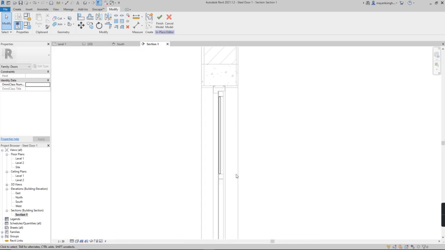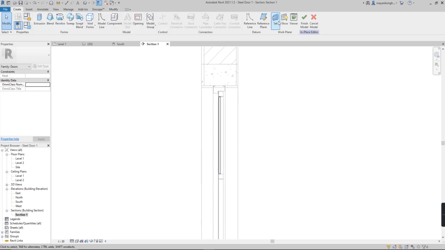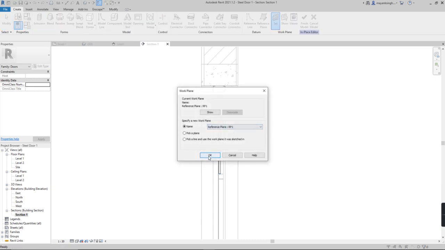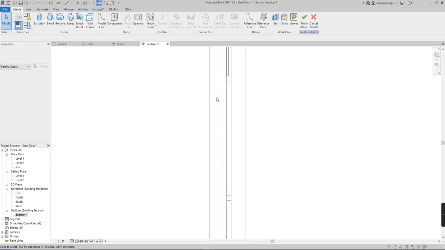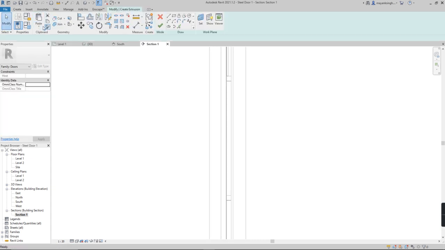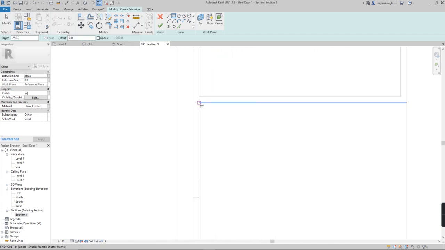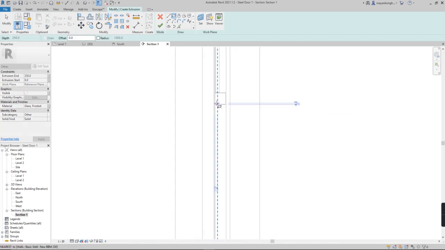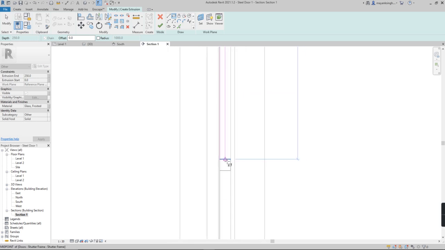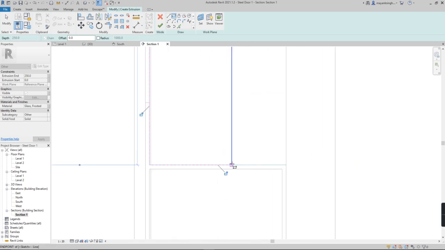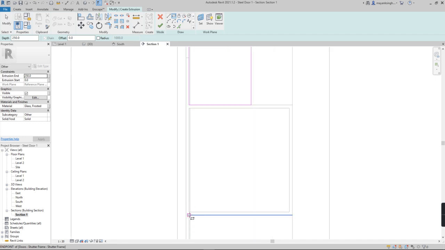We are still in the Create Component In Place section. So I'm again going to go to Section 1, Create, Set the plane and check if it's RP1, and then make two more rectangles by clicking on Extrusion, Rectangle. And here I don't need cushioning. I can just select the top right because it's plywood, and somewhere here. Okay, and another rectangle